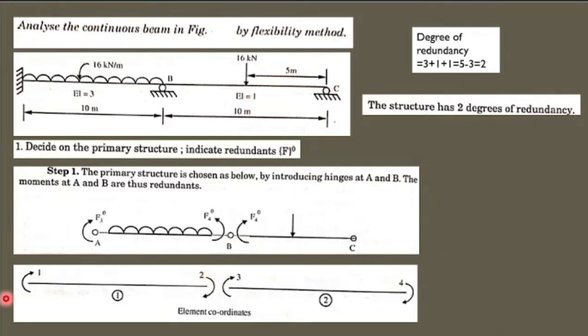When you remove all your supports and draw the beam elements, this is known as the element coordinates. What is the element coordinate of this continuous beam? Draw only the beam. So how many nodes are here? For a beam you will be having two nodes, at the starting point and at the end point. So you have 1, 2, 3 and 4. So you have 4 nodes here. This is known as the element coordinate, and 2 elements. So this is 1 and 2. So you have 2 elements and 4 nodes.